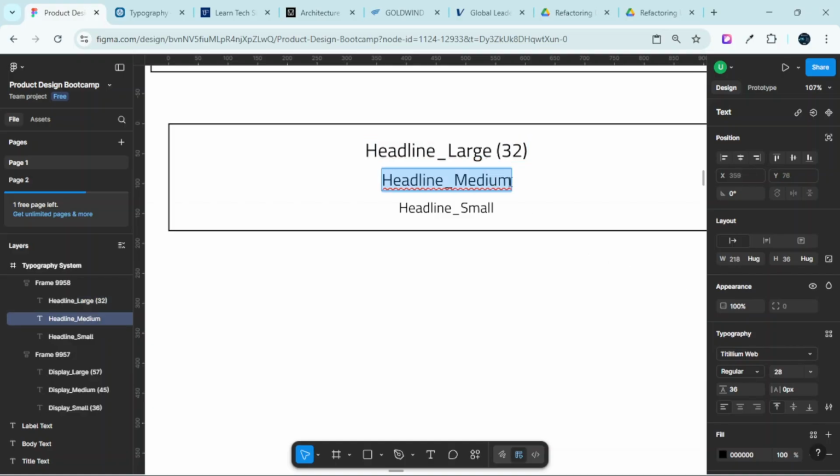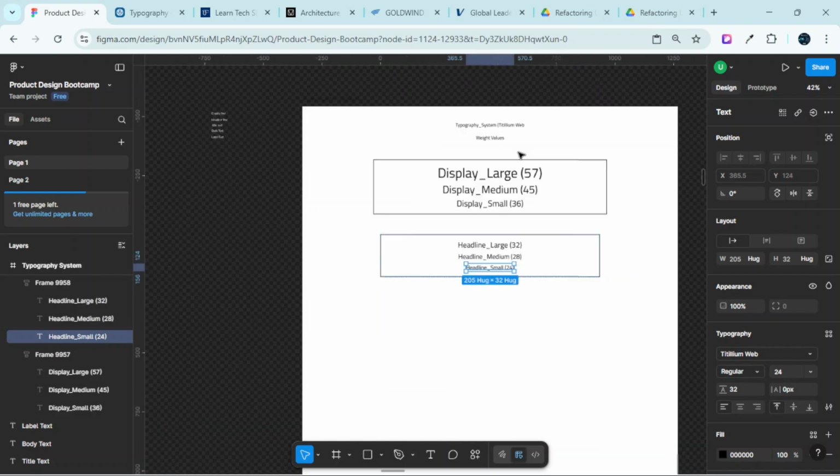Headline medium has a font size of 28. So I'll put in 28. You can see that over here it's set to 28, which is fine. Headline small has a value of 24 pixels. So over here, you can see that the size is 24. I'll put in 24. So by writing the size close to it, you already know the sizes of each of